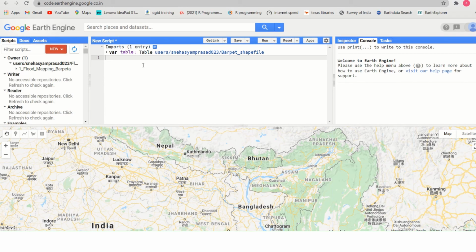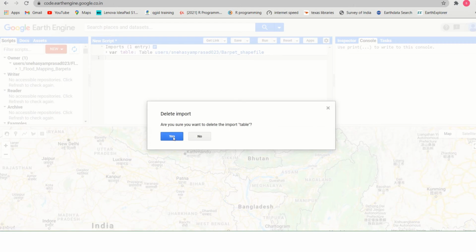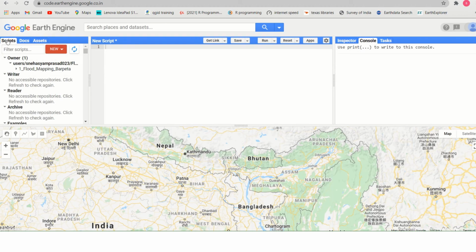Now we will create one file or a folder, and then we will write a small code. You can go to Scripts, New, otherwise just reset. Then go to Scripts, choose any folder or file.